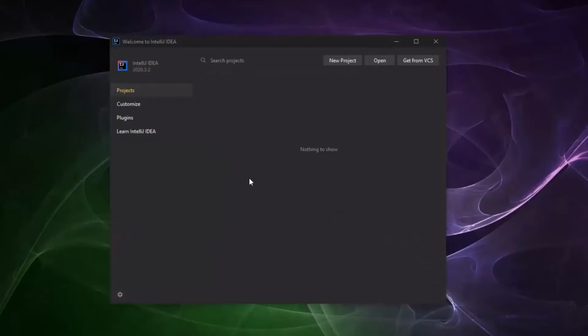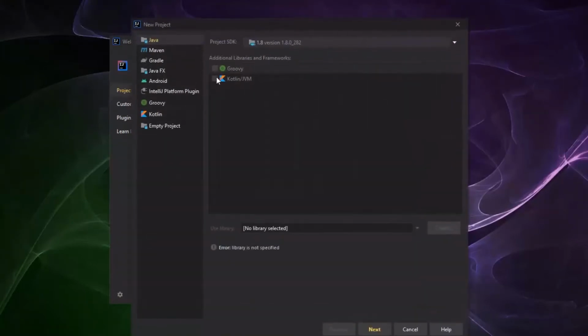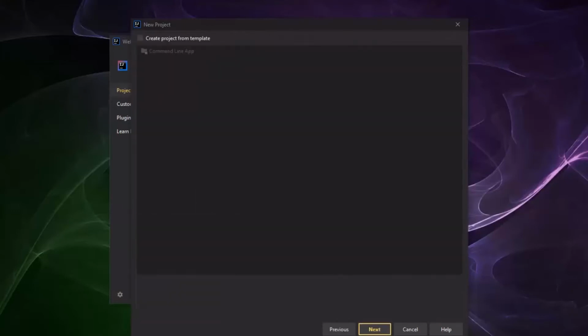So once you launch IntelliJ, right now I have version 2020.3.2. So once I launch it, I can click on New Project, and that brings up this window where I can select the type of project that I want to create. As you can see, IntelliJ offers you various options, but in our case, we're only going to create a Java project. So I'll select Java and then click Next,